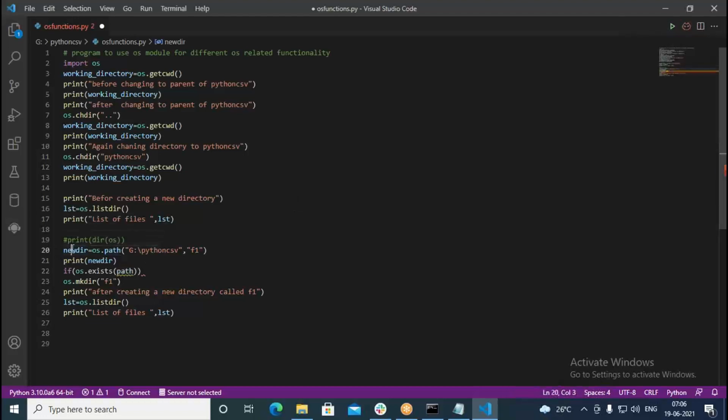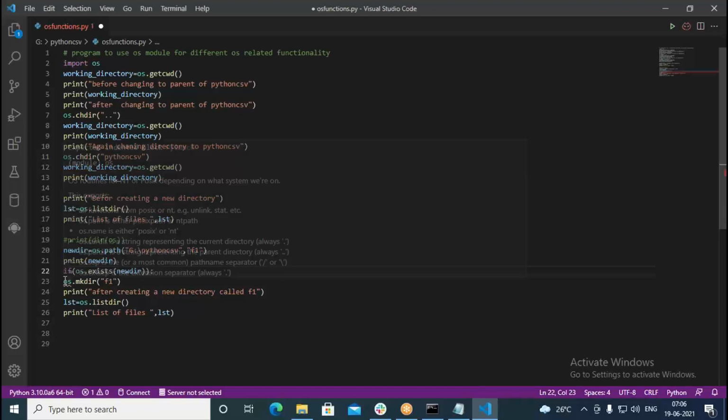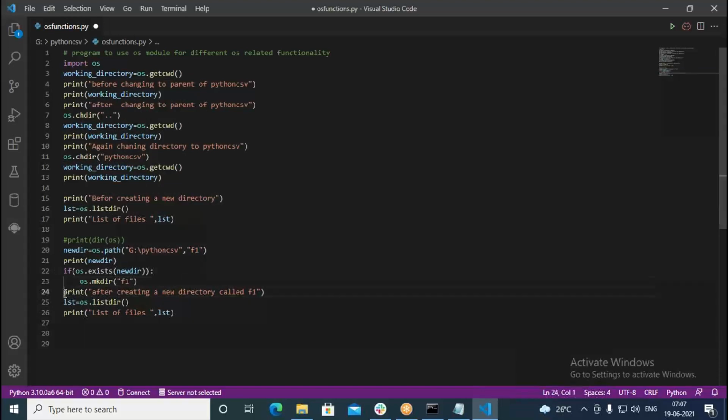Path is here nothing but new dir. So if that is already existing, in such cases we have to move like this. I move this also, and here I go with the print.